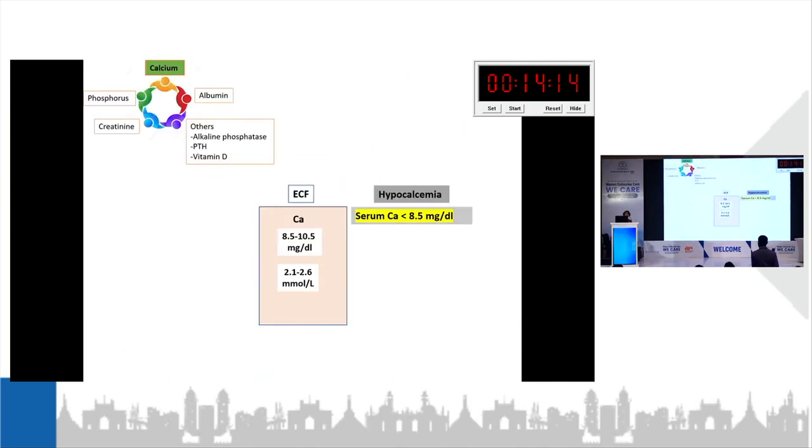When we are talking about calcium as a homeostatic mechanism, it is absolutely imperative that we look at the rest of the parameters like phosphorus and albumin. It was alluded to very clearly earlier as well that it's rather disheartening when these parameters are missing, which makes hypocalcemia rather difficult to interpret towards the diagnostic yield.